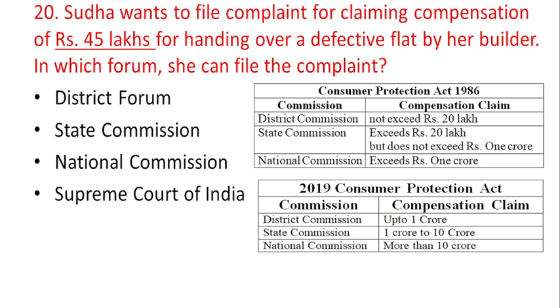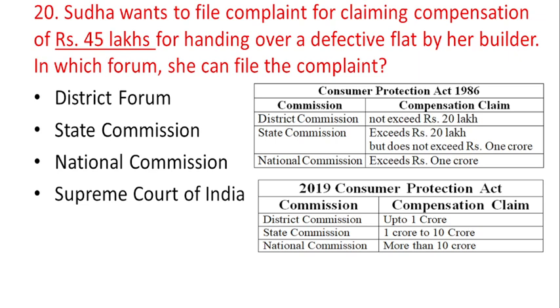the exploited consumer can claim in the various commissions. The compensation claimed, not exceeding 20 lakh, can be filed in the district commission, whereas for the state commission, the compensation claim must exceed 20 lakh but must not exceed rupees 1 crore. Claims which exceed rupees 1 crore should be filed in the national commission. As far as the 2019 Consumer Protection Act is concerned, the compensation claim limits are changed